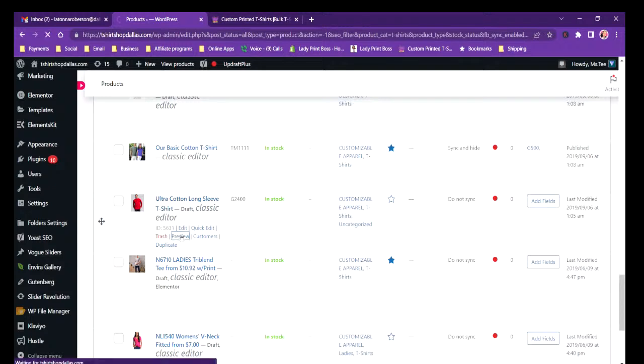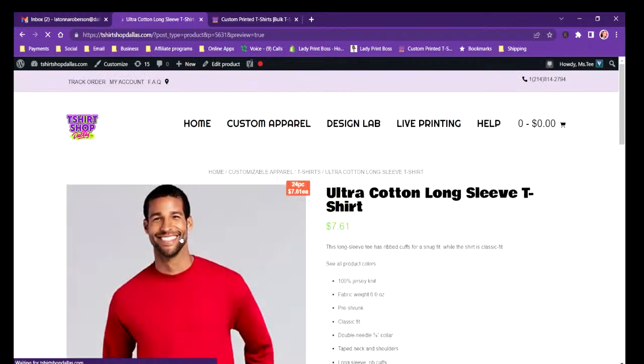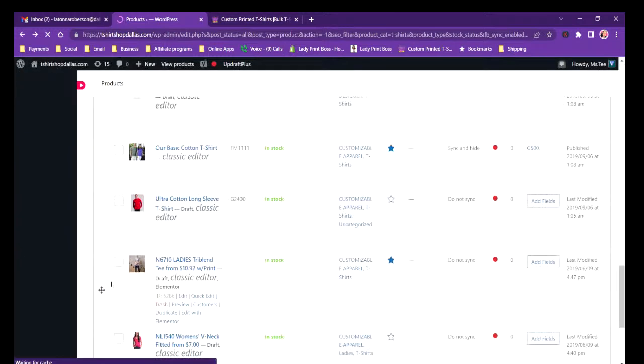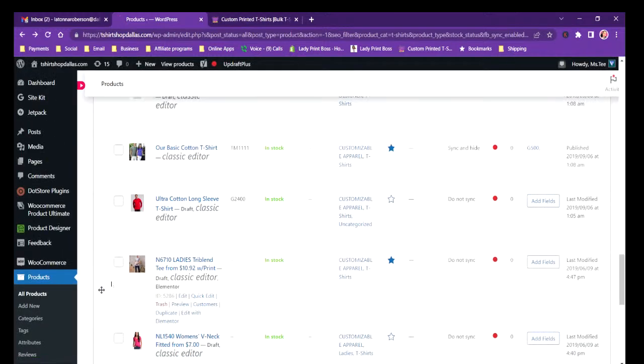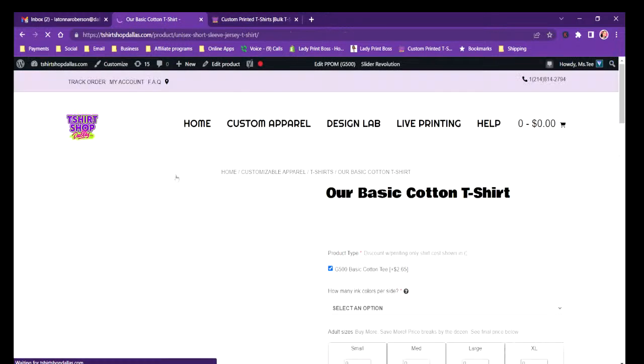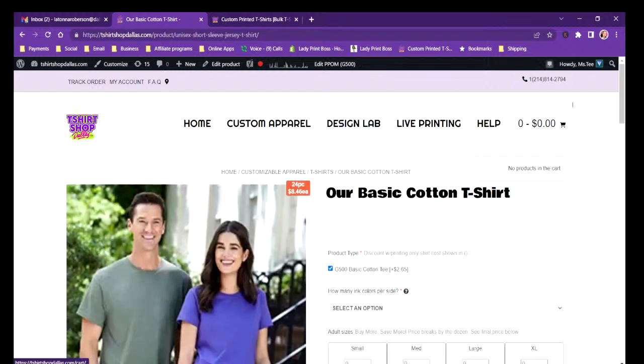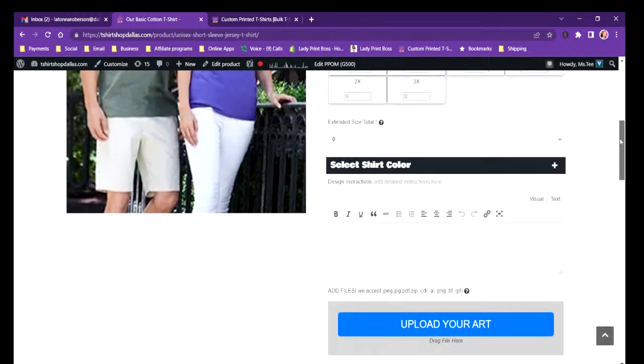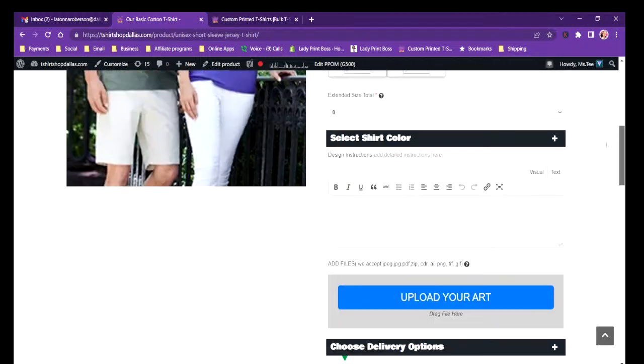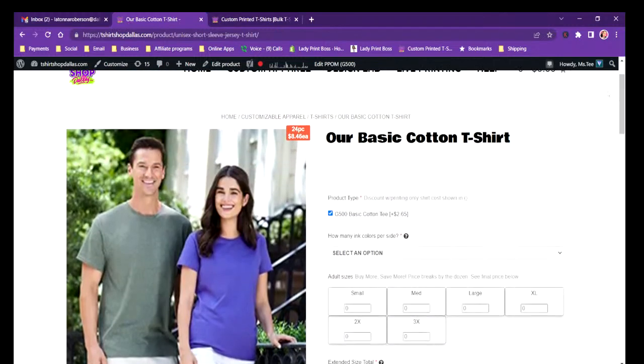Let me look at this page here. The reason being is, oh, that's a long sleeve. I don't want that one. The reason being is because I already have a lot of stuff set up and I can just go in and edit it. Let me look at this page. That says sink and hide. Okay, so that is actually hidden. Does that have the, nope, okay. So this is why